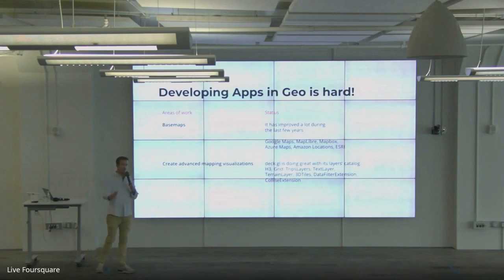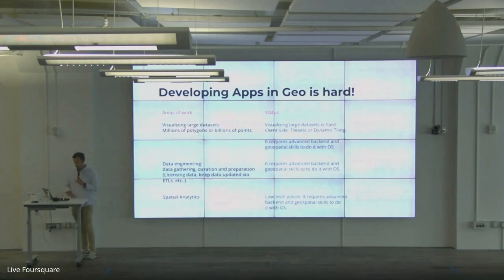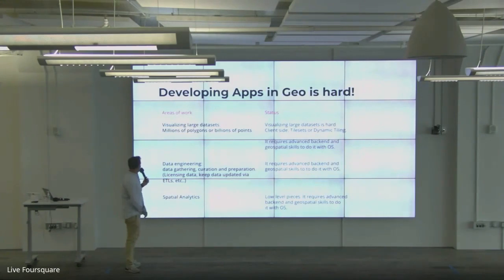And I think that is the part that this year has covered super well. We have been able to improve this with all the layers catalog, because I think that is what people really like about deck.gl, apart from other things that we will cover later. But there are still a few things that are not trivial and are areas of work, and this is where